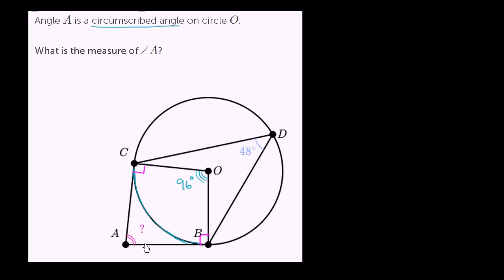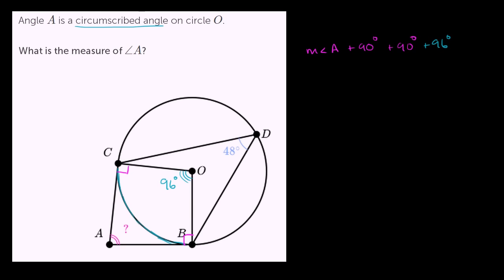Now, this might jump out at you. We have a quadrilateral going on here. ABOC is a quadrilateral. So its angles are going to add up to 360 degrees. So we could write it this way. We could write the measure of angle A plus 90 degrees, plus 90 degrees, plus 96 degrees is going to be equal to 360 degrees. Or another way of thinking about it, if we subtract 180 from both sides, we get the measure of angle A plus 96 degrees